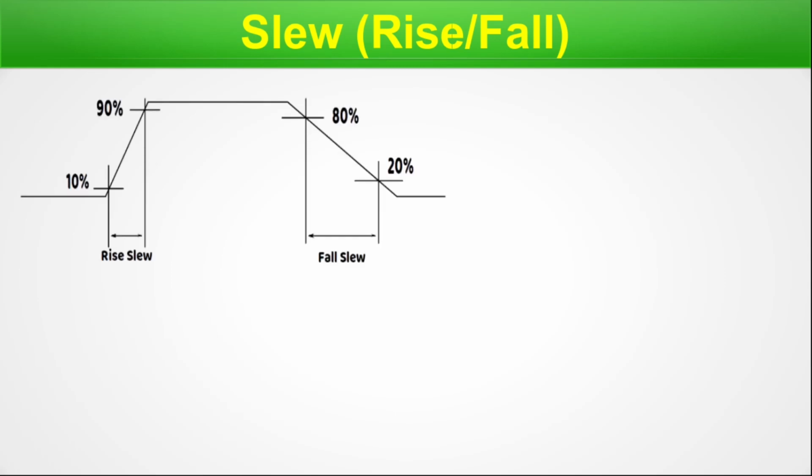In this particular slide, we will discuss the most important element in STA, that is slew. We will take the help of an infographic to understand it properly. So here, this is our graphic. Now let me bring my mouse pointer. So here you can see the waveform is rising. Here it is flat, and then it is again decreasing. I have intentionally kept the two inclinations different, just to show you that in real life they may be different. And I have also exemplified the different kinds of thresholds, right? Here 10%, here 90%, here 20%, and 80%.